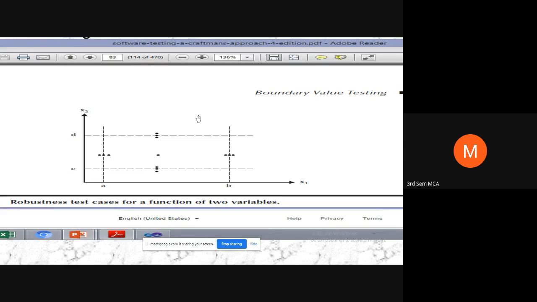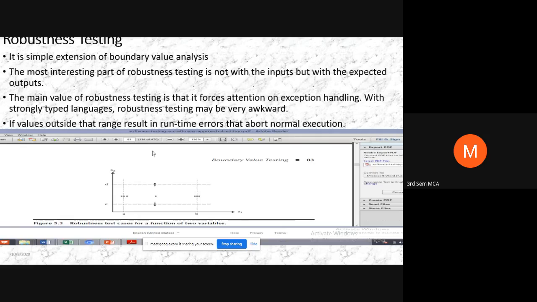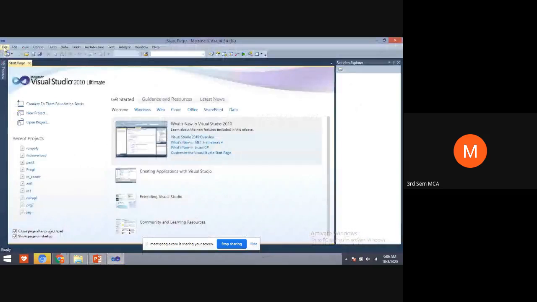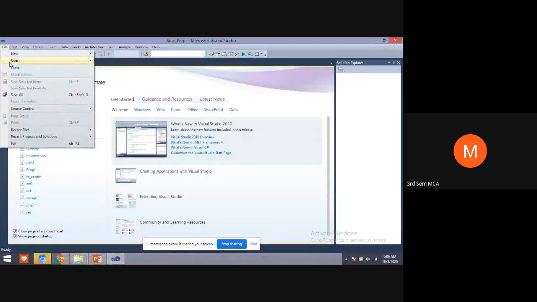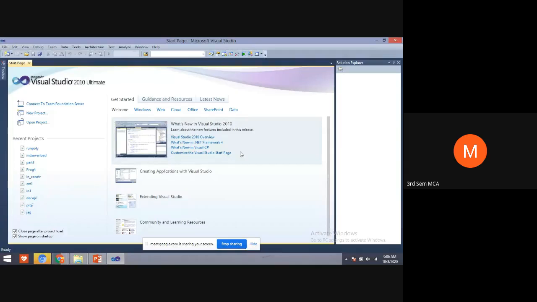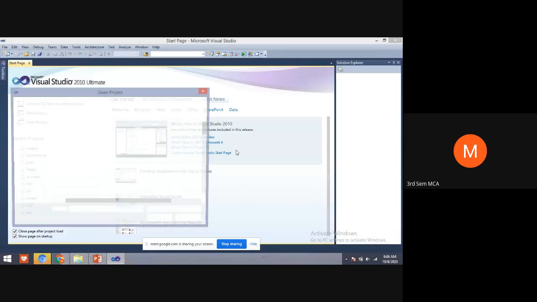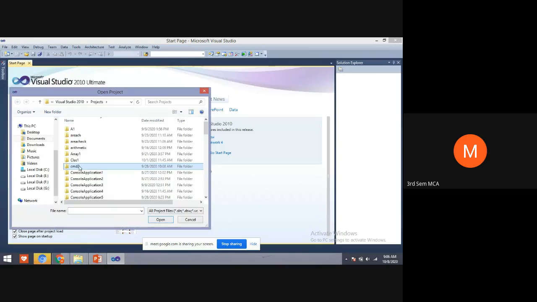The program will terminate abruptly. I don't want my program to terminate abruptly, so I have to add proper exception handling messages. If I include an exception handling message, my program will not terminate abruptly. My program will give a proper error message. I'll show you one program.